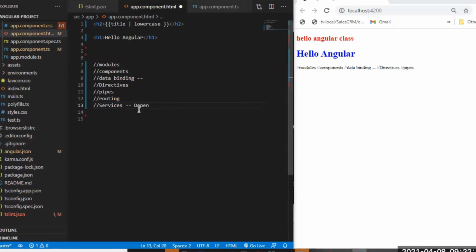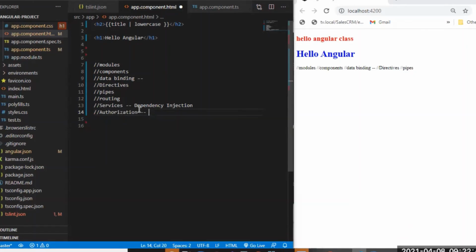What is meant by dependency injection in Angular? Services and dependency injection. Next, authorization and authentication.